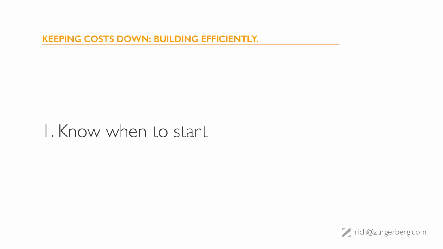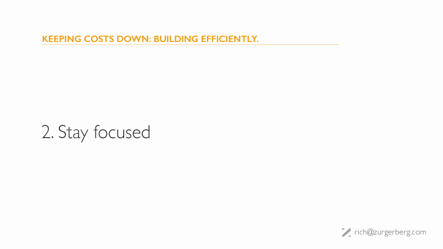Tip 1. Know when to start. One of the simplest ways to spend efficiently is not starting the build until you're ready. There are usually cheaper ways to validate your ideas than building a whole app, so taking more time to really understand the problem that you're trying to solve, running your proposed solution by people that you trust, building prototypes that fake the functionality for people to try out. These are good ways to make sure that when it comes time to build, you have a clear idea of where you're headed.